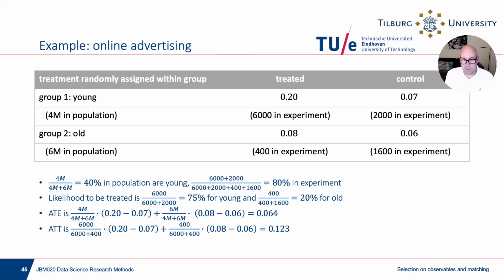So the way to think about this experiment here is really that young people were oversampled, and that the treatment effect is much bigger for young people, and that young people also were more likely to be assigned the treatment in the first place. This is also reflected in this difference between the average treatment effect on the treated, which is much higher than the average treatment effect, precisely because there were more young people among the treated.